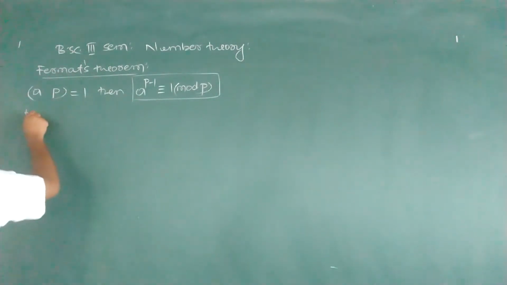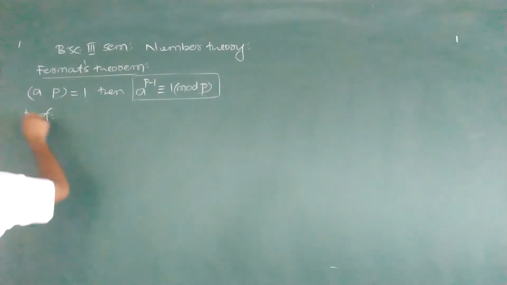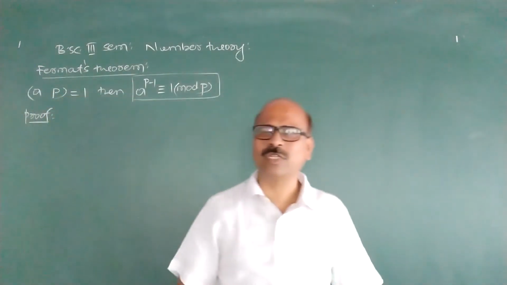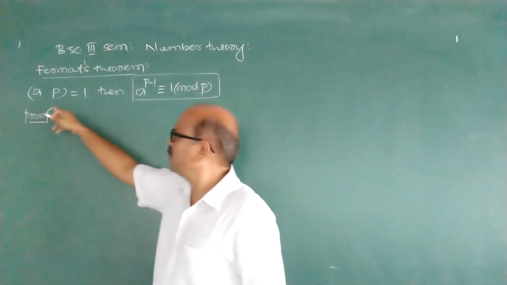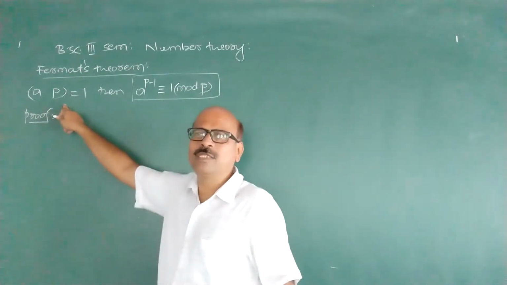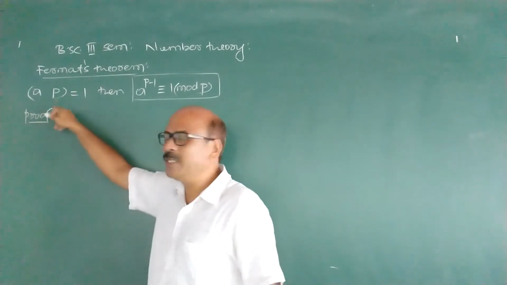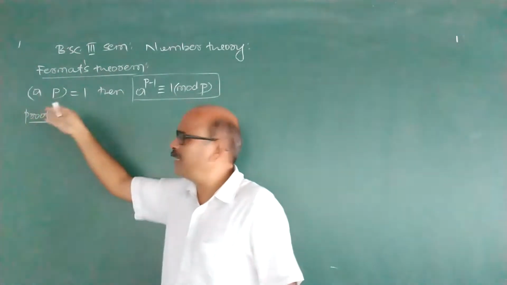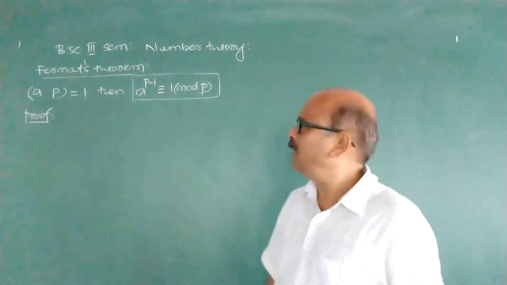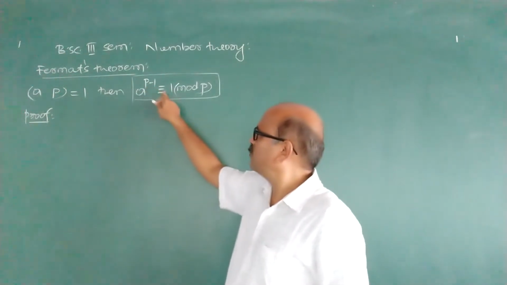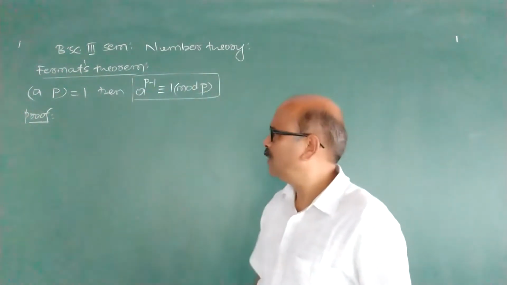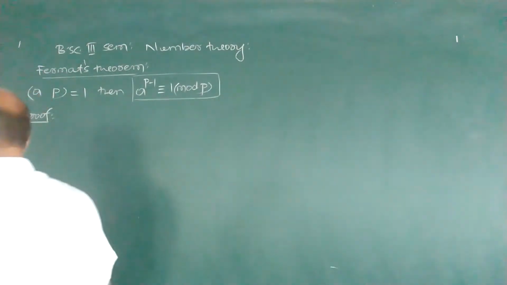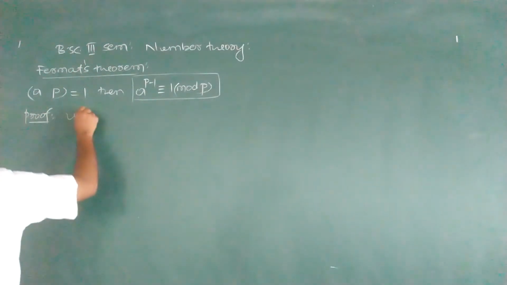The statement is one single sentence. We can state the theorem. What is the statement? Suppose A is any positive integer, P is a prime number and A is relatively prime to P, then A raised to P minus 1 is congruent to 1 mod P. This is the theorem. Proof is, using binomial theorem,